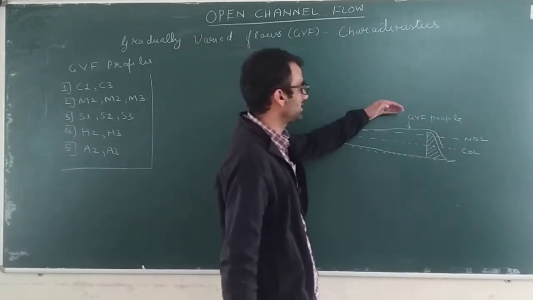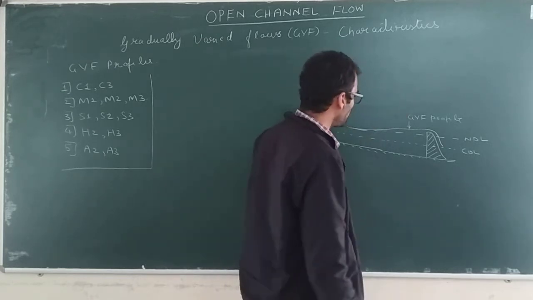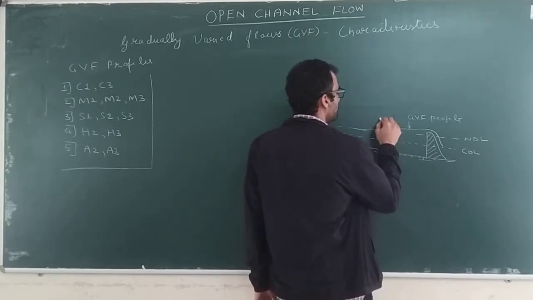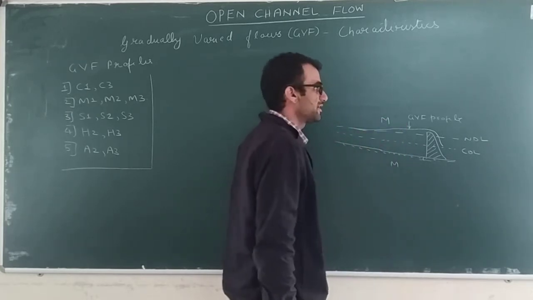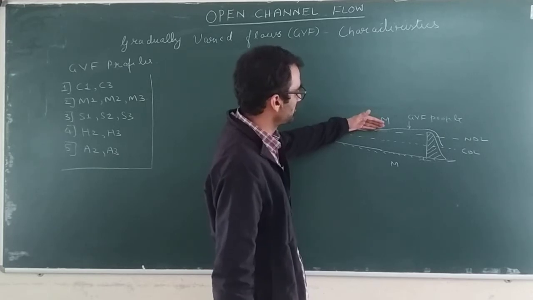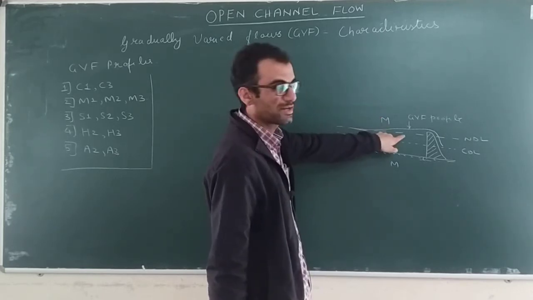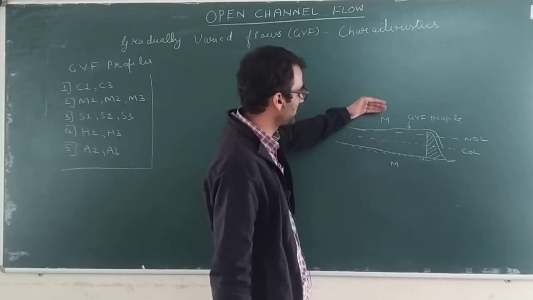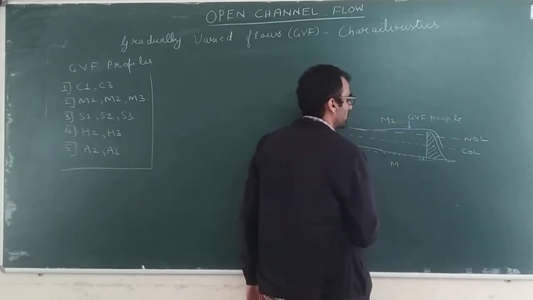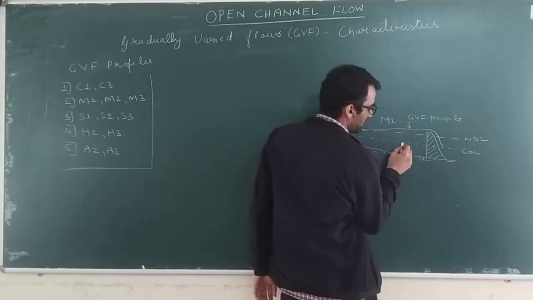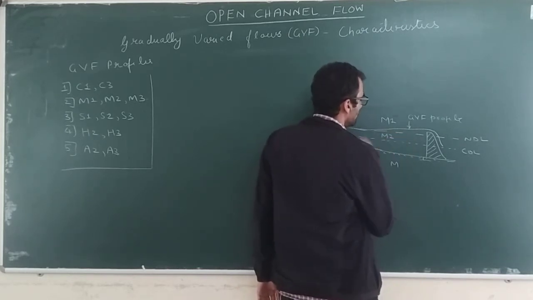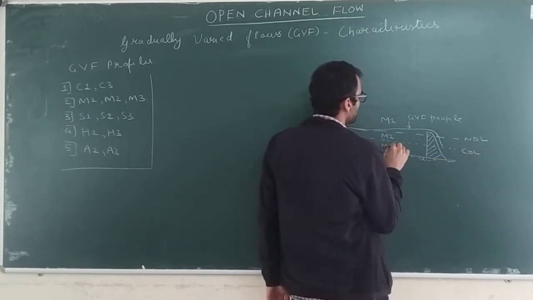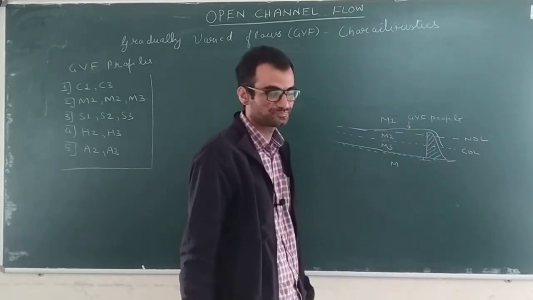So this will be classified as which profile? For that, what is the slope? This is a mild slope. So this will definitely be a mild M profile. Now 1, 2 or 3? Now this is above the top line. The line at the top is the NDL. So above that the profile is lying. So it will definitely be the M1 profile. If the profile was between this NDL and CDL, it would have been M2. If it was above the channel bed and below the CDL, it would have been M3. But now this is an M1 profile.